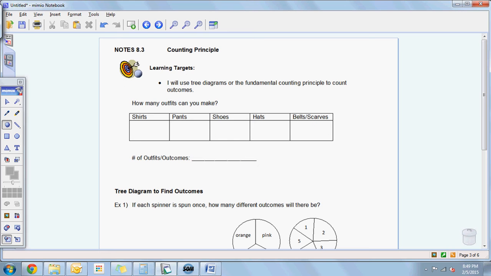Hi guys, today we're going to be talking about the counting principle, and the counting principle is a way that you could figure out the total number of outcomes for a given situation. So to give you an example right away, this is a situation where you're going to try to figure out how many outfits you can make from what's